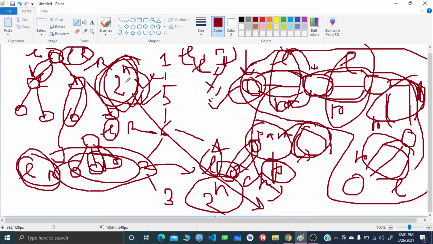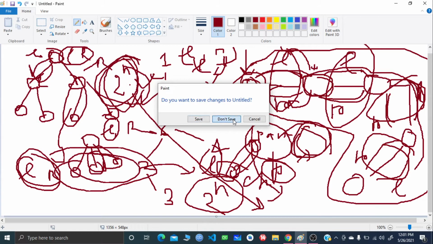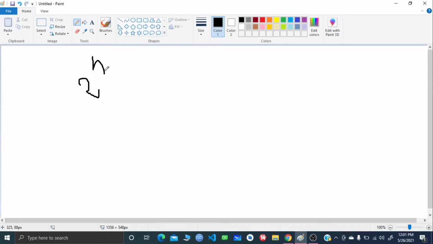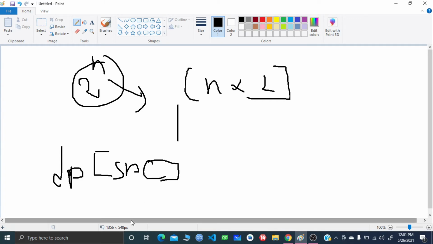Now you can convert this complexity from 2 to the power n to n times 2. That's pretty easy. So ultimately, it's going to be dp of source, meaning for each and every node